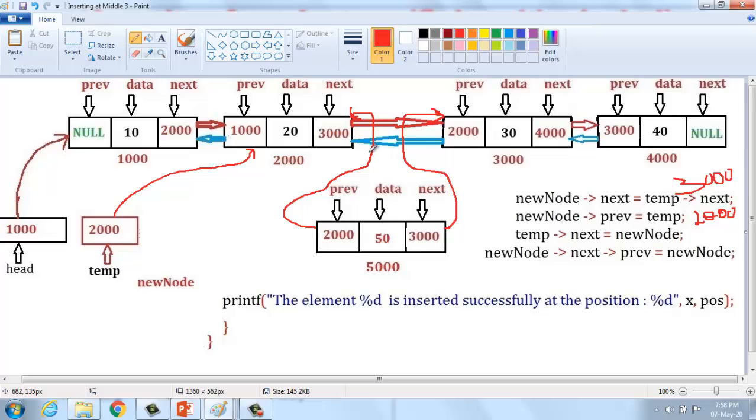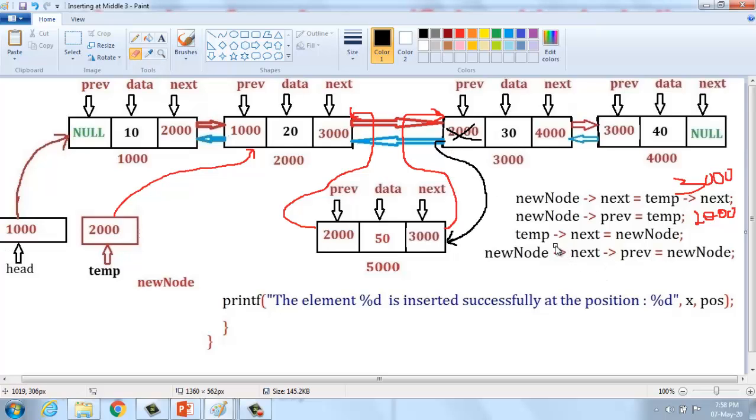How can I disconnect this location? We have to make a link from this pointer to this location. How can I change this address? Because it is still referring to 2000, it cannot make a link, so there should be a change in it.